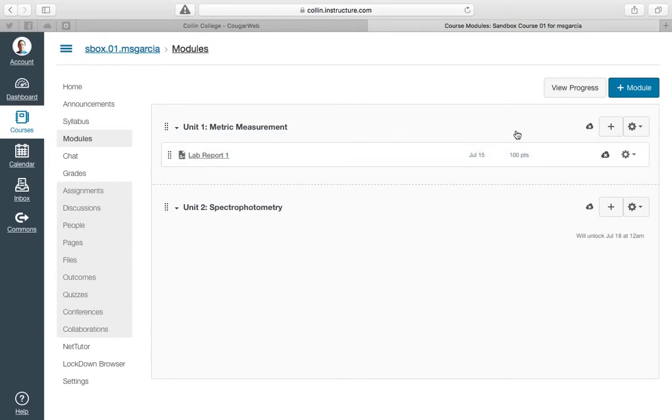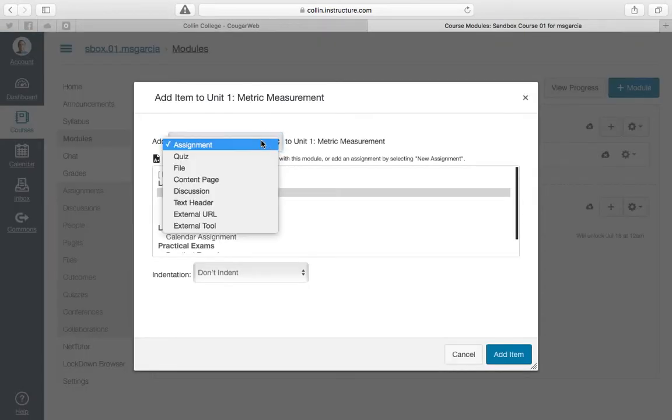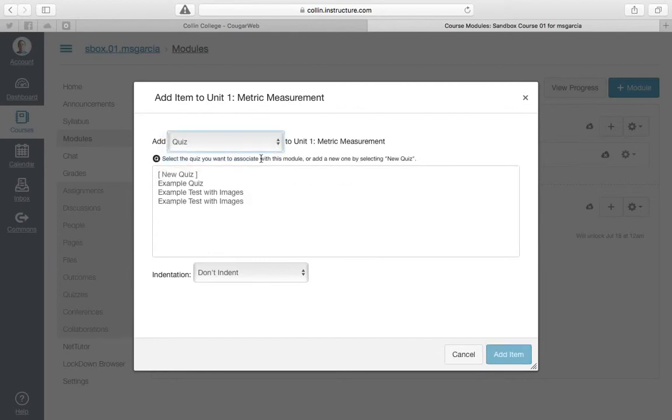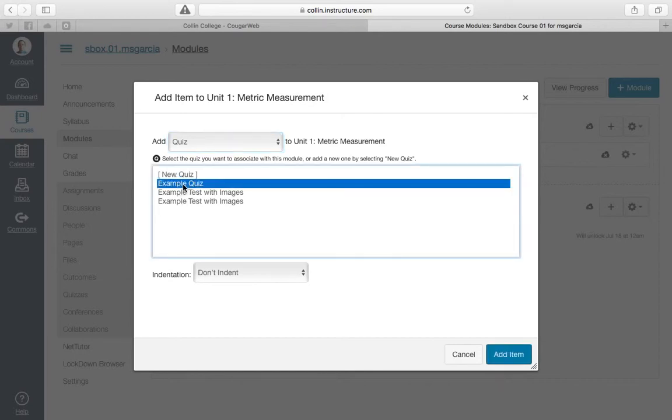Okay, so let's go ahead and we're going to start by adding something else to Unit 1's module. So I've already added a lab report. Let's add a quiz. So again, to do this, we're going to click the plus button here, and then we are going to click on this drop-down menu and choose Quiz. And that's going to bring up a list of quizzes. I can either create a new quiz if I want to, or I can use a quiz that I already have. So I'm going to use a quiz I already have called Example Quiz,